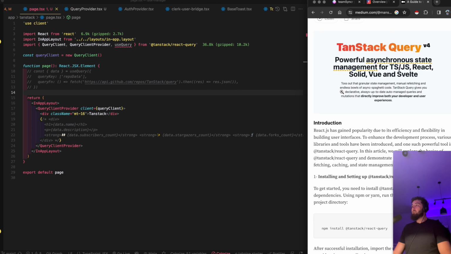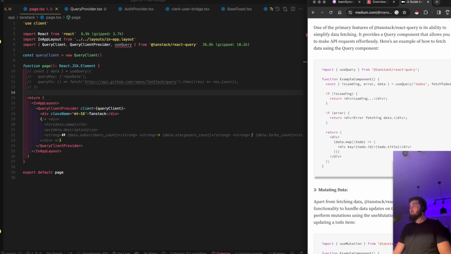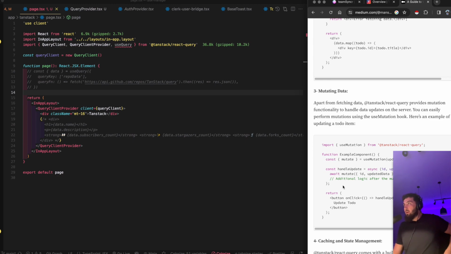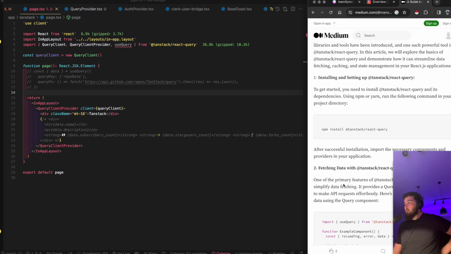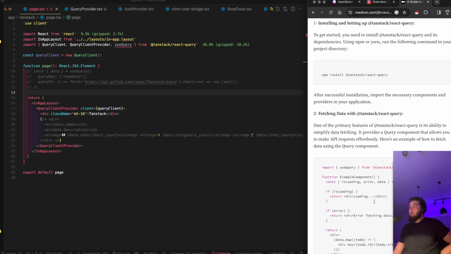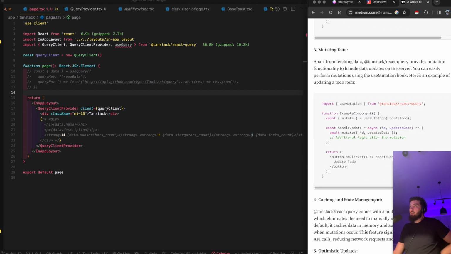That might have worked, folks. Not sure what we changed there, but something might have worked. Example component, query to-dos, fetch to-dos. Where is this fetch to-dos function? I don't see it here. Here's the to-dos. Error is loading. Okay. What the heck? Is fetch to-dos just going to be literally just an Axios thing or